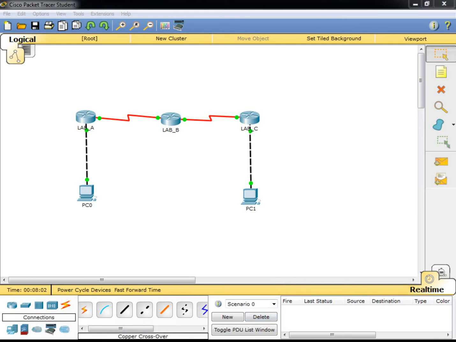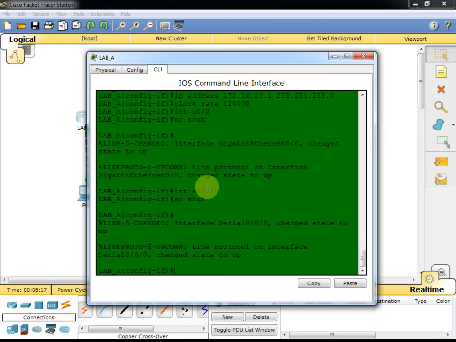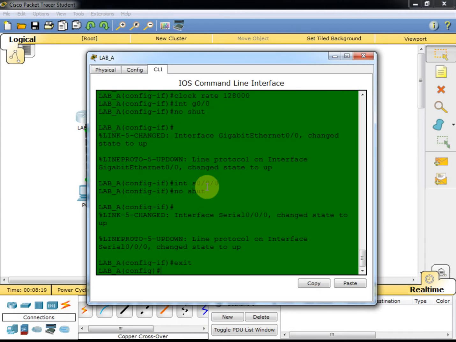Now that we have our network built, we're ready to begin the hands-on lab 8.1, creating static routes. So part of this lab was configuring the IP addressing. We've already done that, and we're ready to begin creating static routes. So we're going to start with lab A. I'm going to come back to the global configuration mode, and we're going to give the command ip route